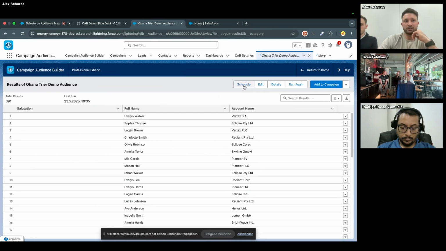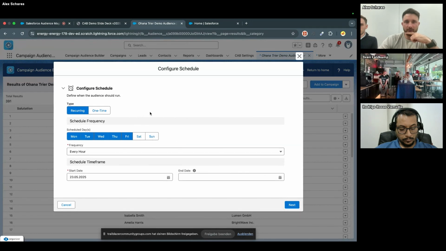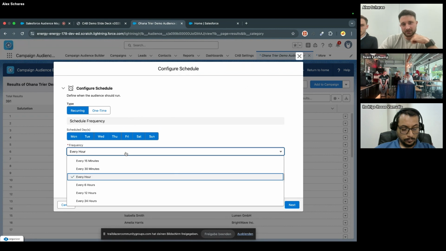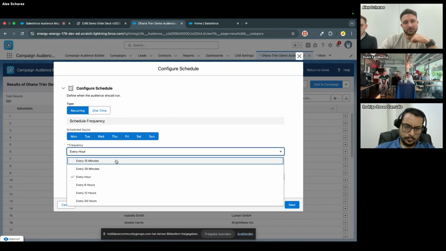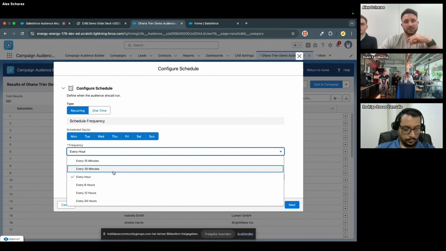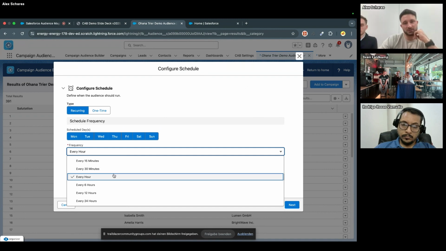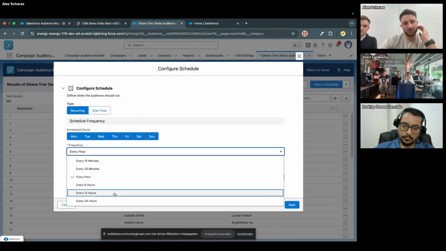And therefore we have our scheduling hub. So we can schedule our audience. And in the first step, we define the schedule. So when should it run? Each day of the week. What's the frequency? The smallest frequency is every 15 minutes, kind of real time. But in most cases, it's not that time critical. So you could say it should run every hour, 4 times a day, 2 times a day, or once